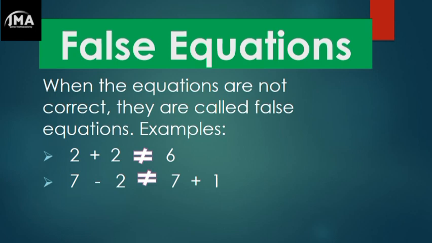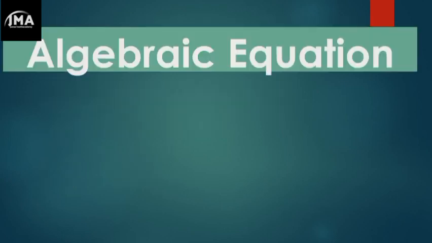False equation. So whenever you are solving an equation and you check the right hand side, if the right hand side is not equal to the left hand side, that means your answer is not correct. It's a false equation, and that means you are not correct. Have you understood the basic concept of an equation? We say that the right hand side must be equal to what? The left hand side. Okay, so let's dive into another basic concept called